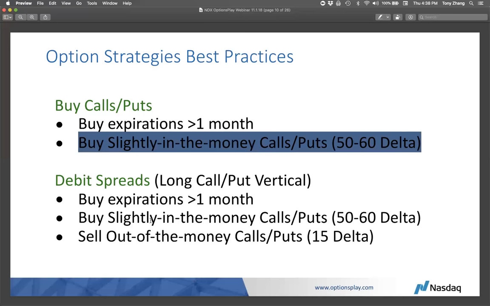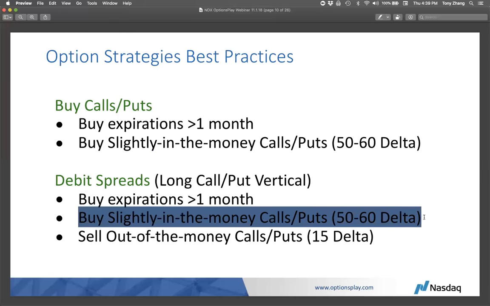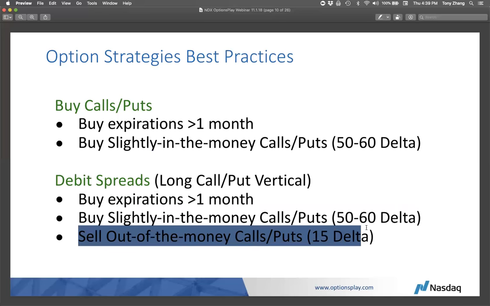So just like buying the call or put, on a debit spread you want to buy expirations that are about 1 month or longer from expiration, and you want to buy a slightly in the money call, a 50 to 60 delta call, so that's identical to buying a call or a put. But now what we're going to do is sell an out of the money call or put against that. So selling, let's say, roughly a 15 delta call or put against that,